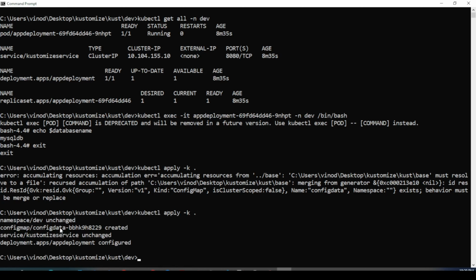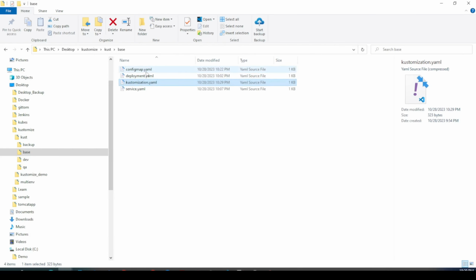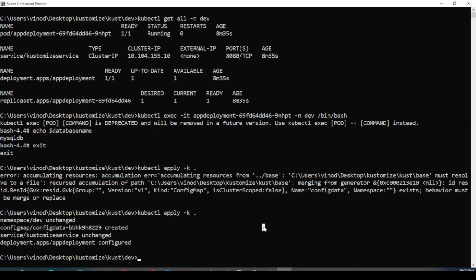So if at any point of time you think that any YAML file is not needed, you can just remove that entry instead of deleting the file from here. If you want to reuse it in the future, you can leave that file here without deleting it, and instead just remove that entry under the resources section. Okay, so now if you go and see